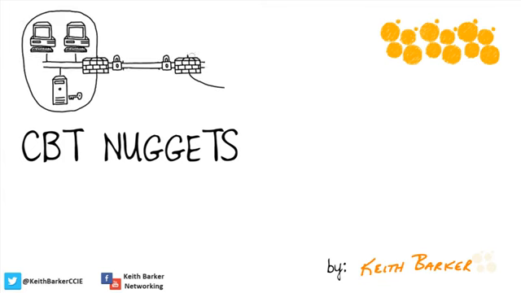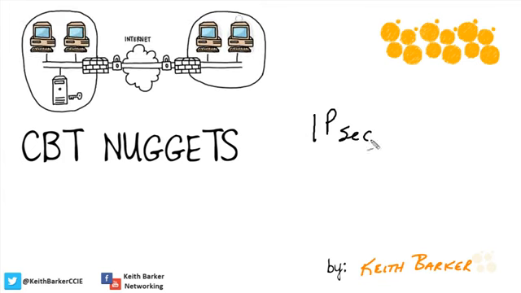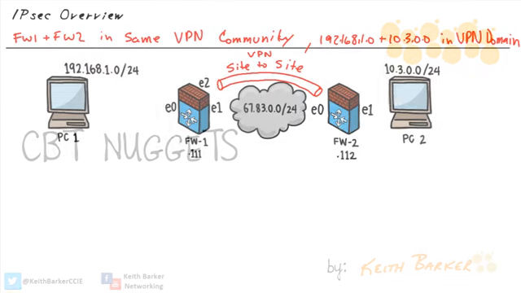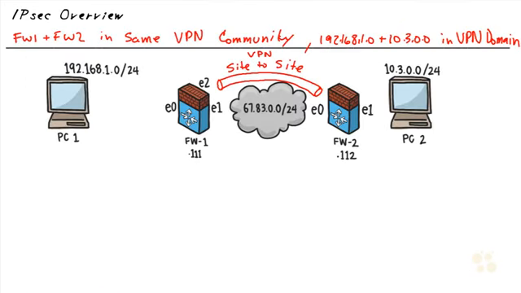When we're implementing virtual private networks between gateways, the primary protocol that is used to build and support that VPN tunnel is called IPsec. So in our Check Point environment, we could identify a VPN community, including Firewall 1 and Firewall 2, that they should become VPN peers, which is what the VPN community identifies. And as far as identifying the networks that are going to benefit, we'd include those networks as part of our